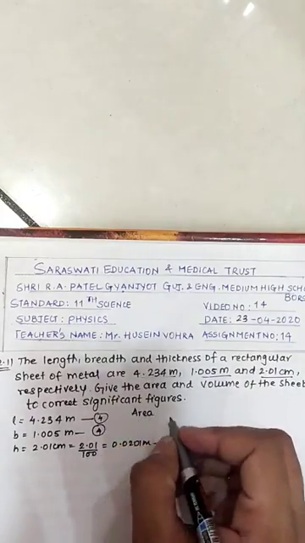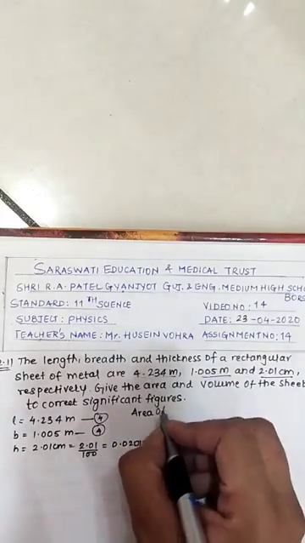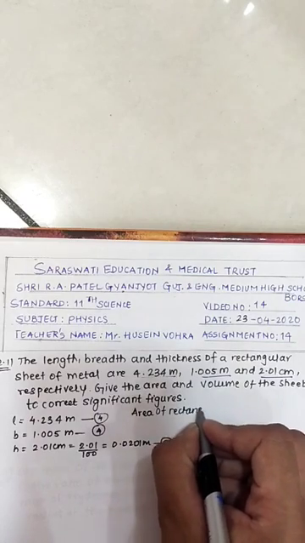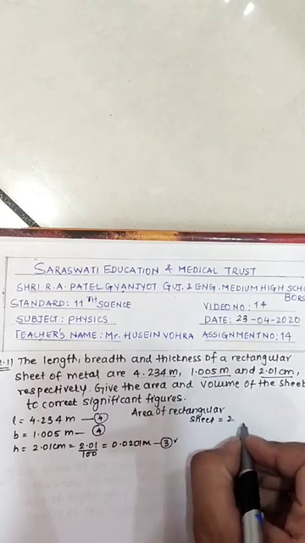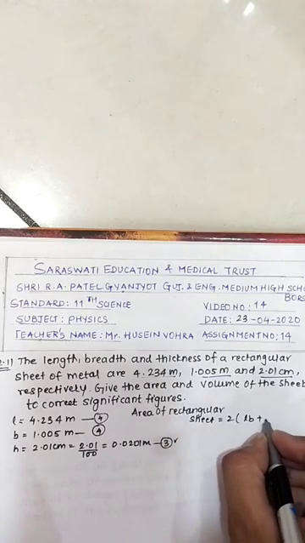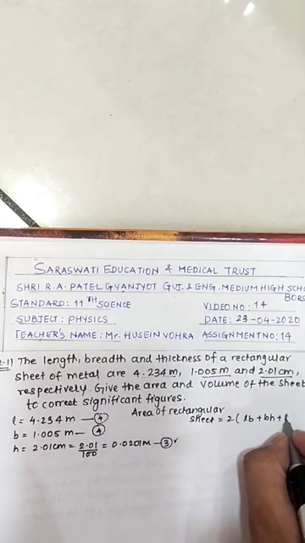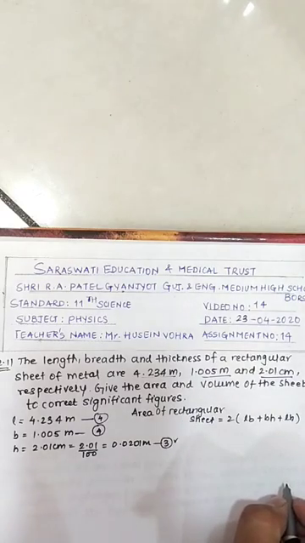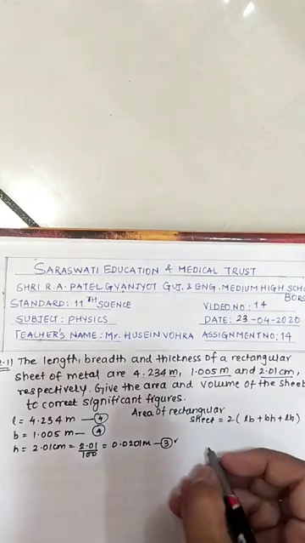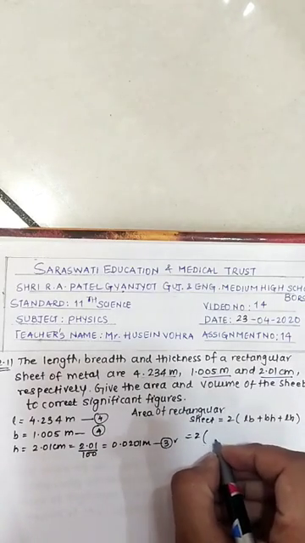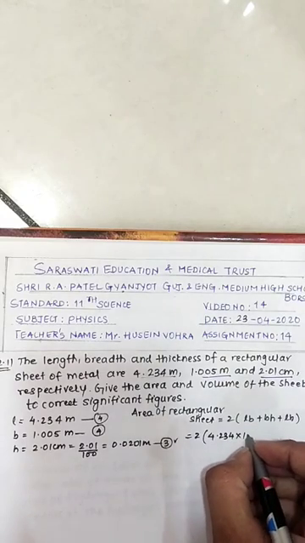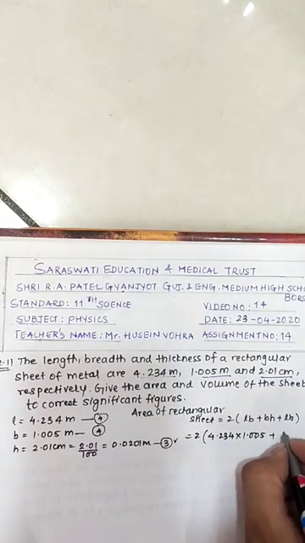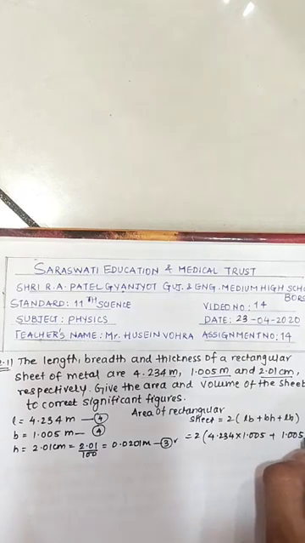That is the area of a rectangular sheet. We know the formula, everybody knows: 2 times length into breadth plus breadth into height plus length into height. Yes or no? It is LB plus BH plus LH. Is this clear? Now substituting the values: 2 times, length is 4.234 into breadth 1.005, plus breadth 1.005 into height